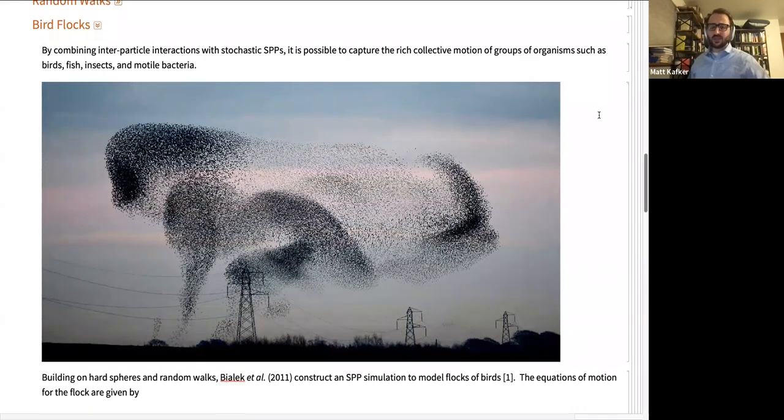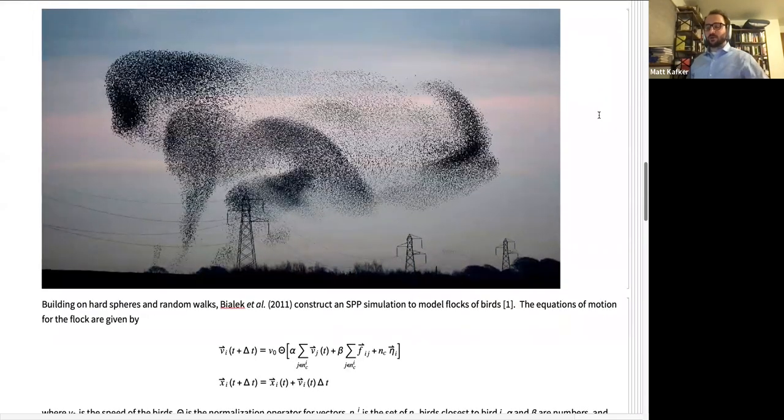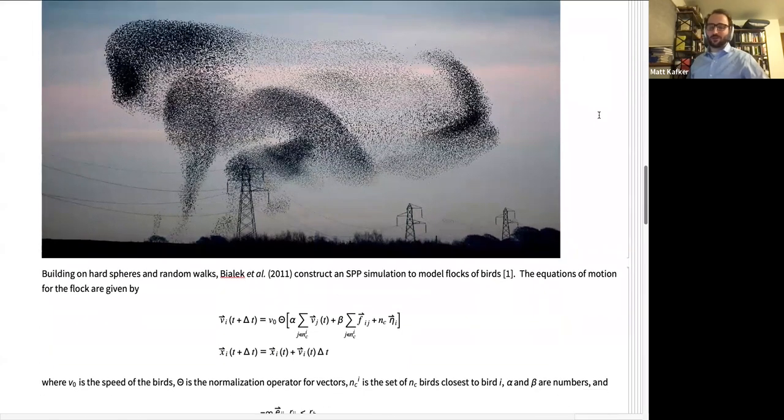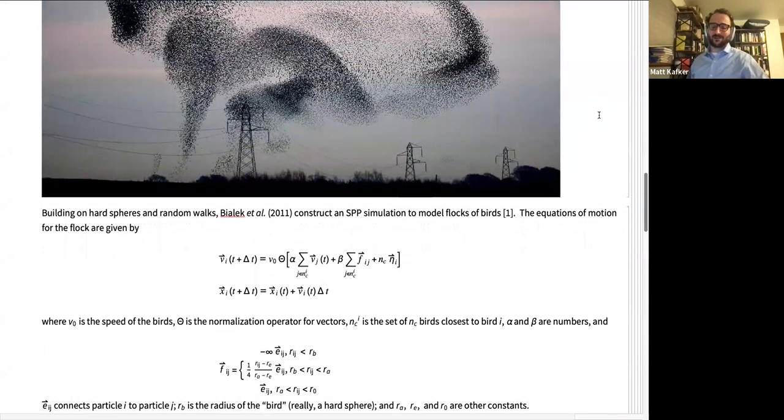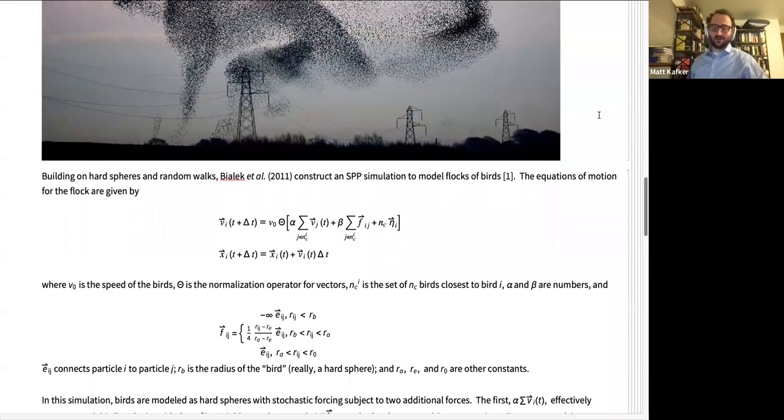So there are a lot of people doing a lot of different things about this, some of them at various levels of sophistication. Some of it is like you have to know quantum field theory to even know what their models are talking about. So I just skip those because I don't really know quantum field theory, and that's why I'm not talking to you about quantum field theory. But we've been talking about self-propelled particles, so we're going to talk about self-propelled particles here. I see people are talking about Boids. Yeah, I know this is another way of doing this. I don't know the exact relationship between this model and Boids, but they're not too dissimilar.